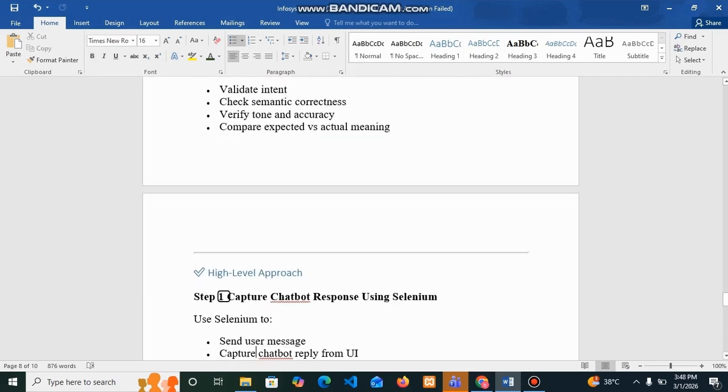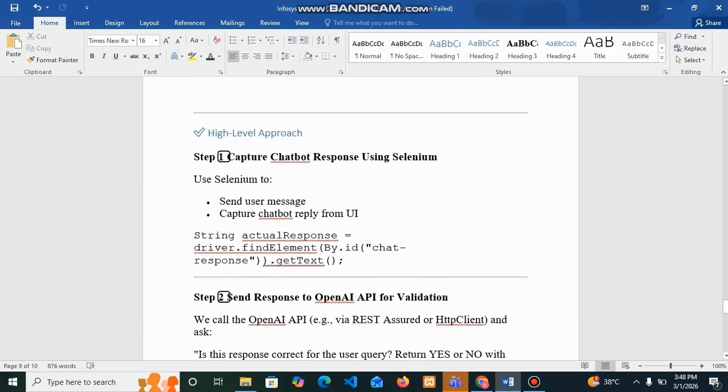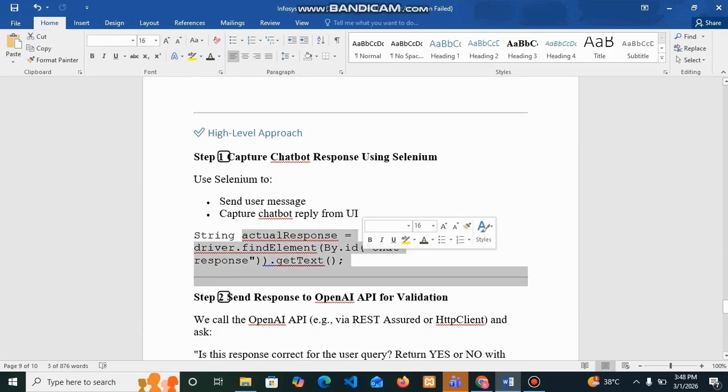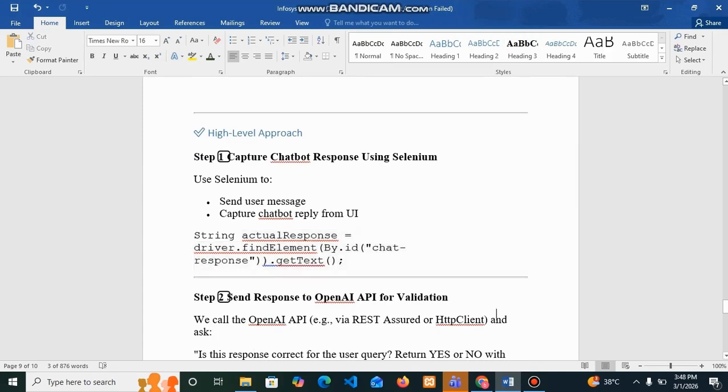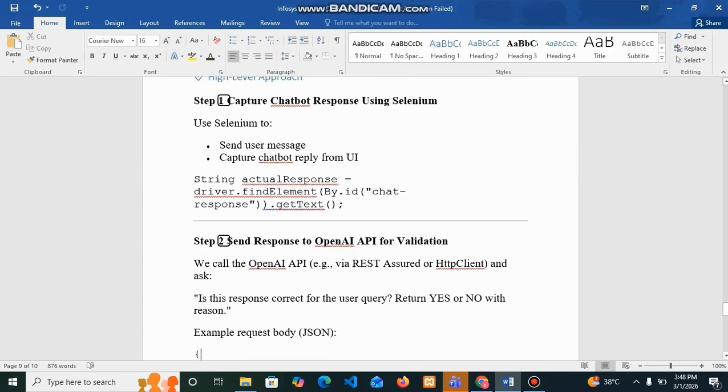For that we can capture the messages from the application using driver.findElement, and we can use XPaths or IDs as specified in the chatbot application.